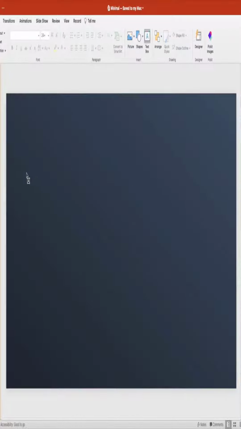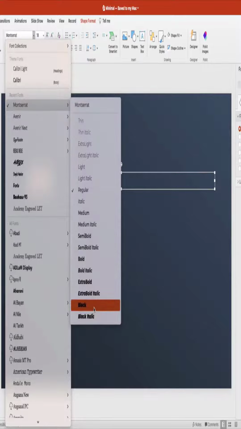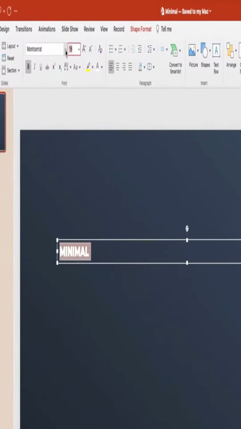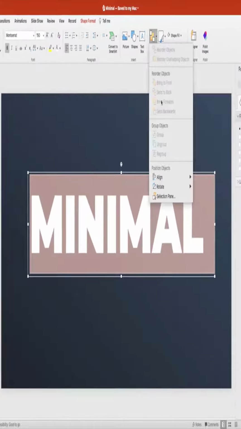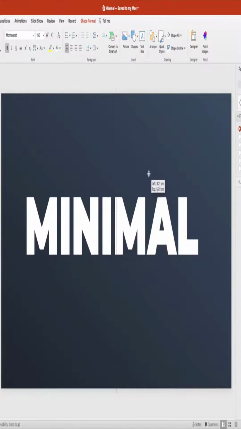Now we want to add a text box across the entire screen. And let's add the word minimal. Select the text, make it white. Change the font to Montserrat. We're going to use the subfont Black, or the type Black. And let's put the font size at about 150. Arrange, align, and align to center. That way it's in the middle of the slide, and we're going to position it slightly above the middle in